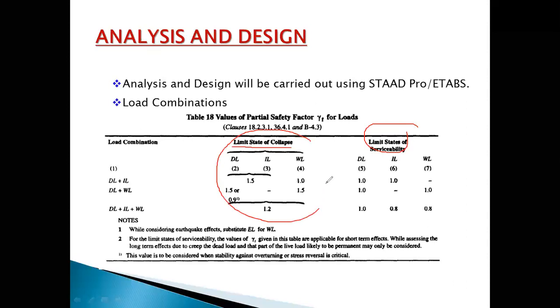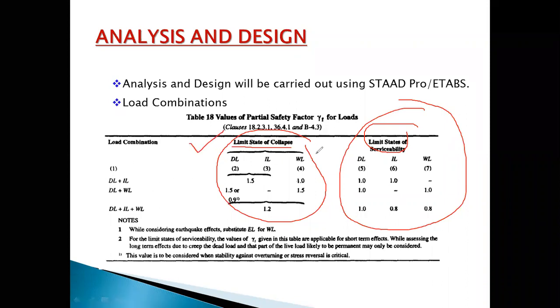These combinations will be used to find out the bending moment and shear force diagrams, and these combinations will be used for finding out the deflection of the structural members, and then the stress check. Usually this stress check will be useful when we are designing bridges, right? Usually stress check would not be performed in the case of buildings. So most probably when we say limit state of serviceability or SLS cases, these cases will be used only for the deflection verification in the case of buildings. It can be a commercial building or a residential building, right? So we have two types of combinations.